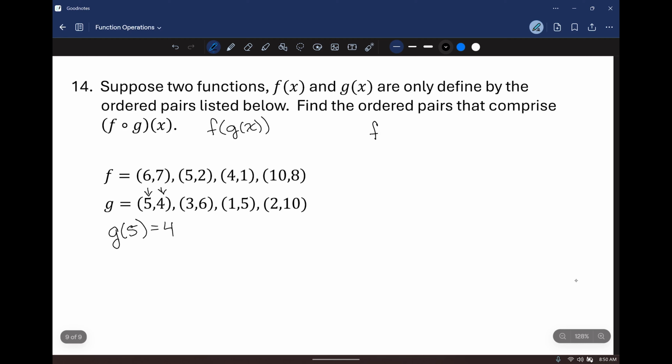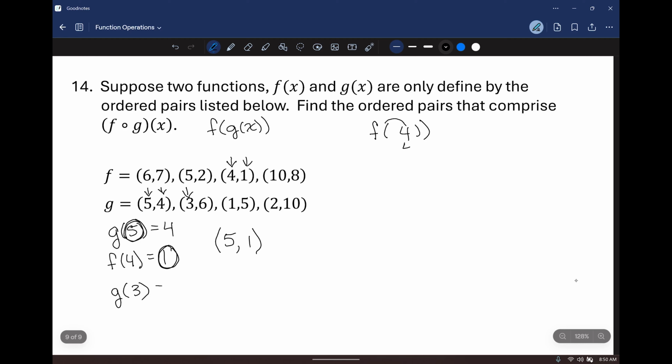That would be like saying f of g of 5. Okay, so if I input 5, I get 4. Now I do f of 4. So I go to my function and I find the input of 4 and the output is 1. So I get 1. That means that when I put 5 in originally, I get 1 as an outcome. All right, so now we're just going to go to the next point. So we have g of